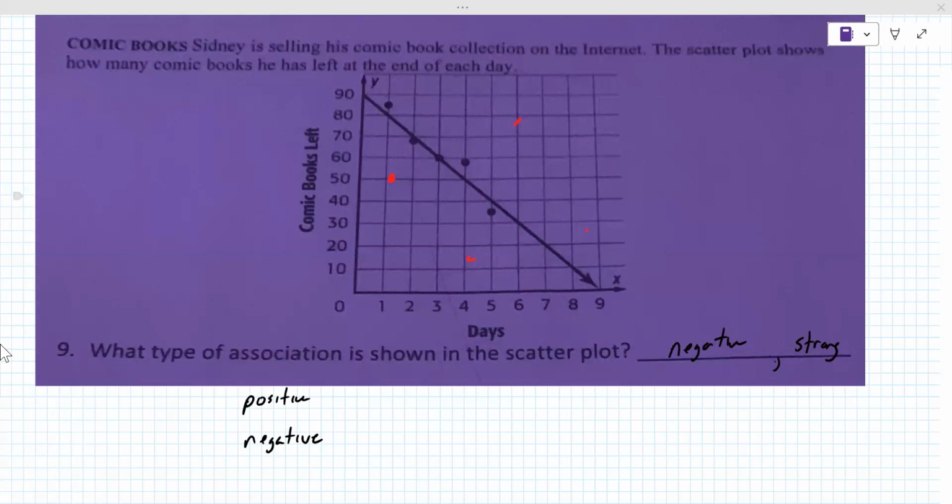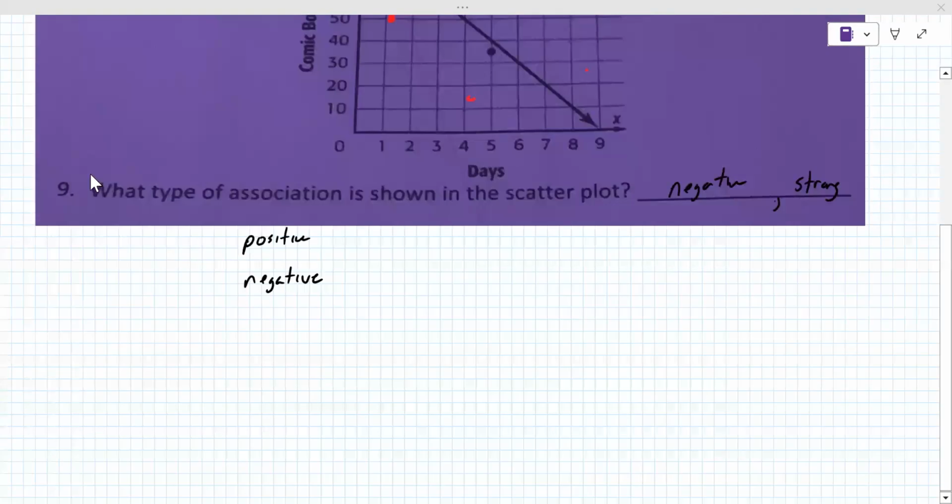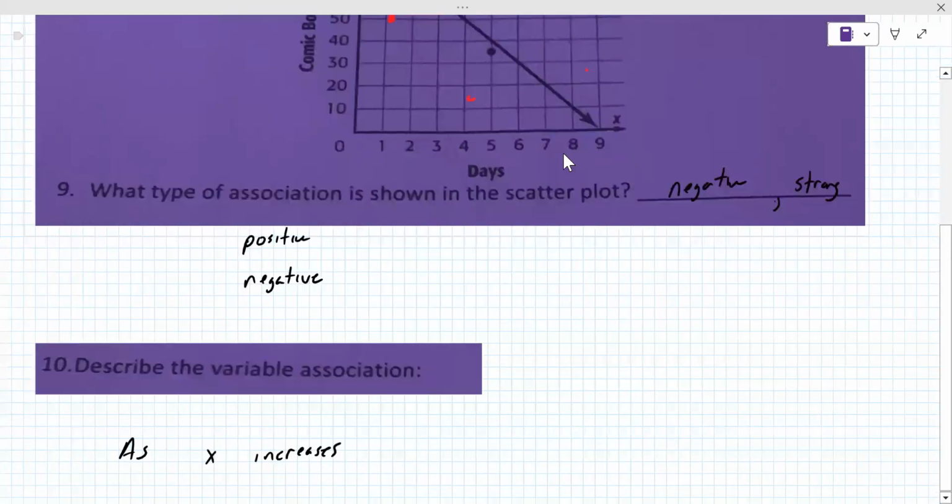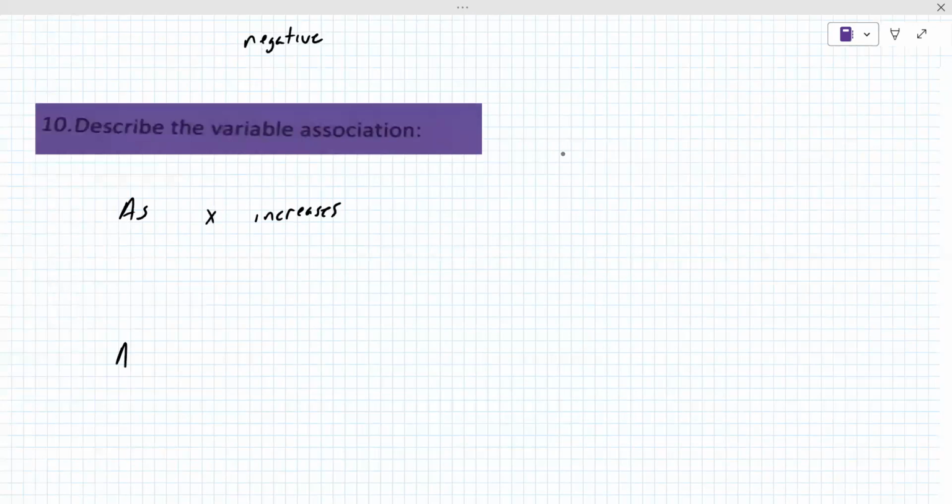Number 10 is a sentence. You will have to write some sort of a sentence where you say something about the variables themselves. So it's like this: as x increases, except we've got to say what x is. If you go back to the graph here, x is the number of days. So you'd say something like, as the number of days